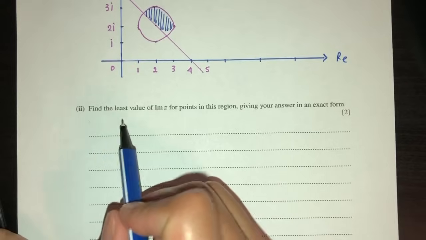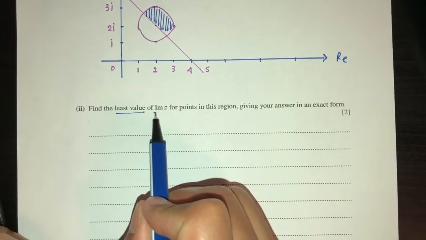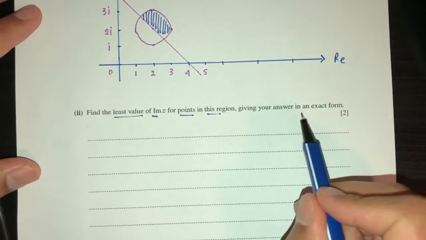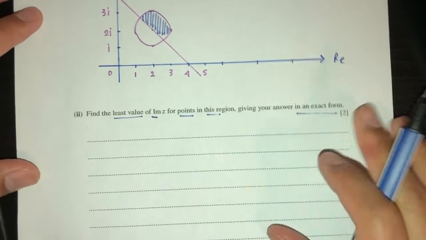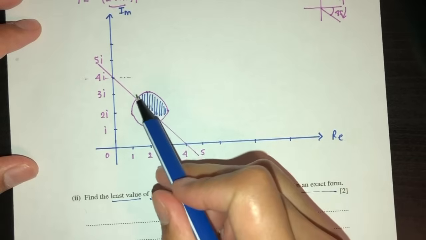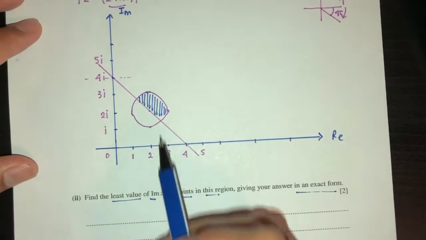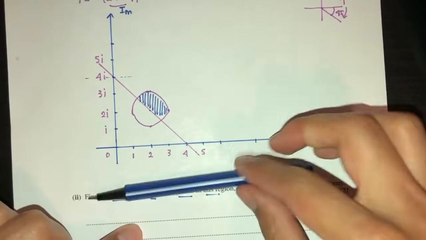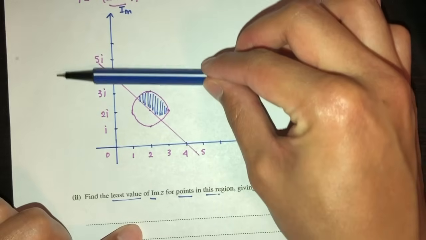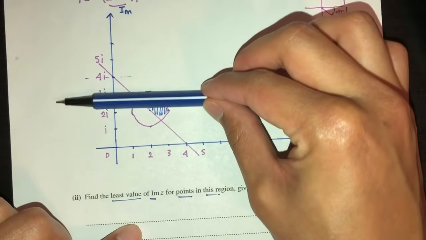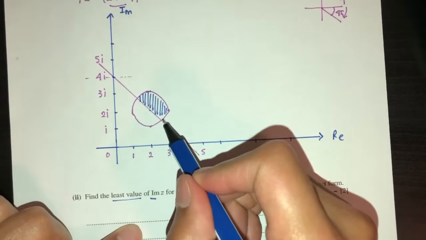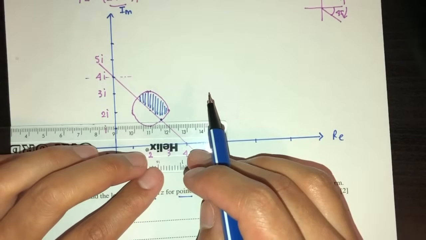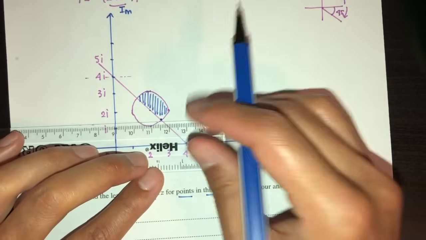Now for part 2, find the least value of the imaginary part of z for the points in this region, giving your answer in exact form. Now let's observe. In this region that we have shaded, where is the least value of the imaginary part of z? You would say this is the max value, and the least will be right here. The least value will be about this value. So we have to find this value